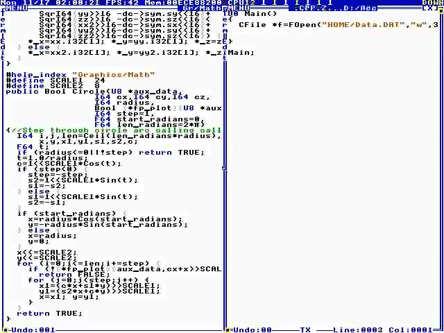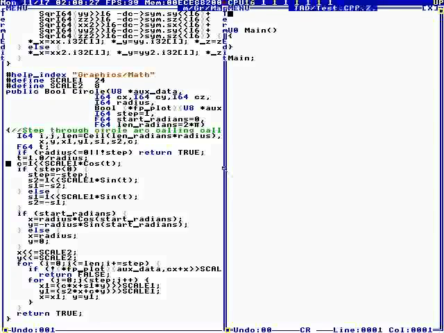So you can imagine that as, well, let's suppose, just to show what scaled integer math is like, well, let's suppose we